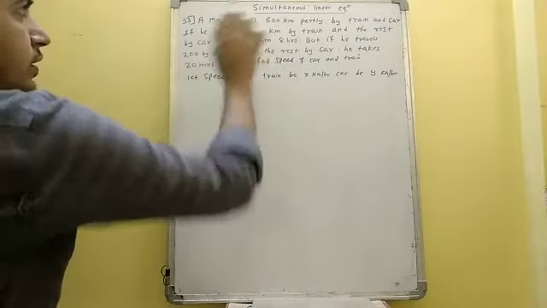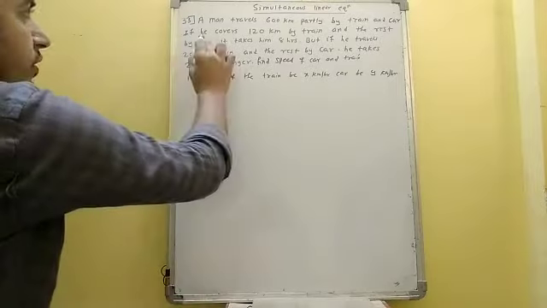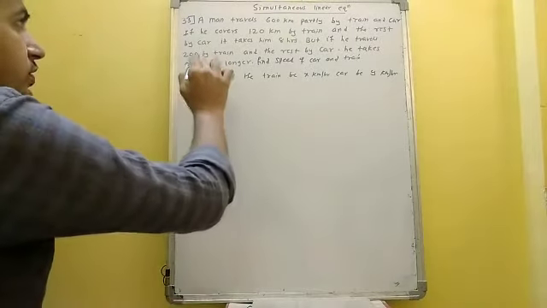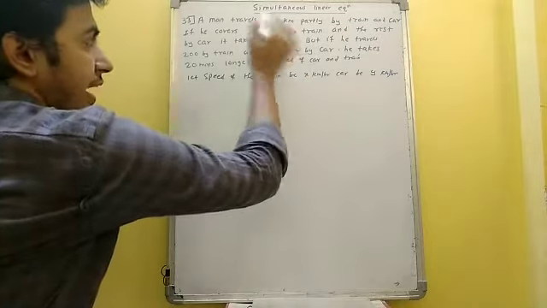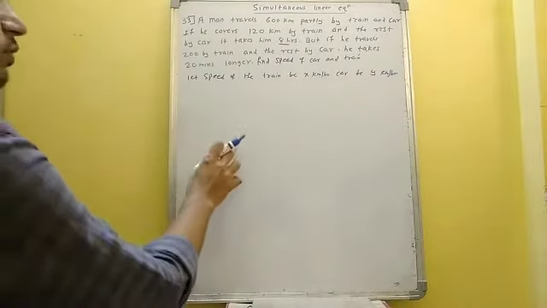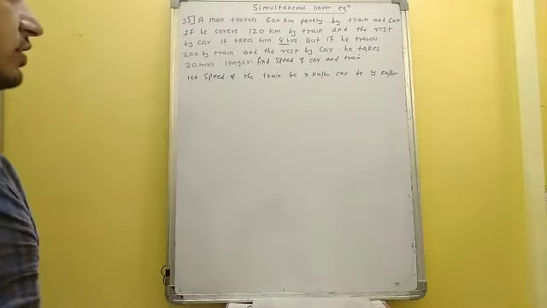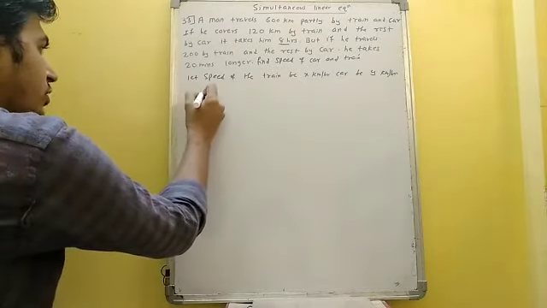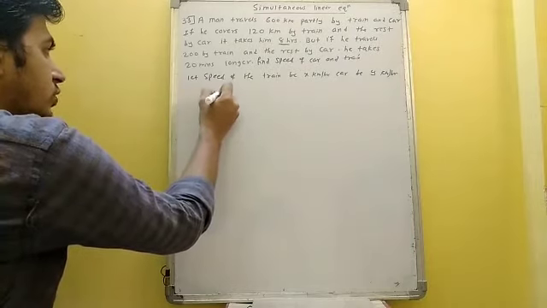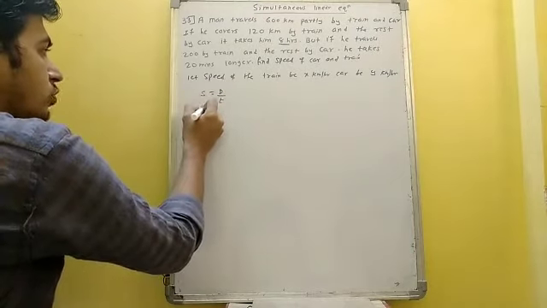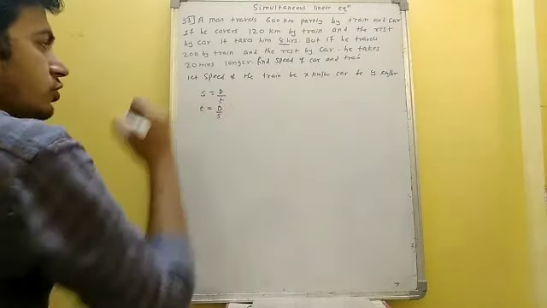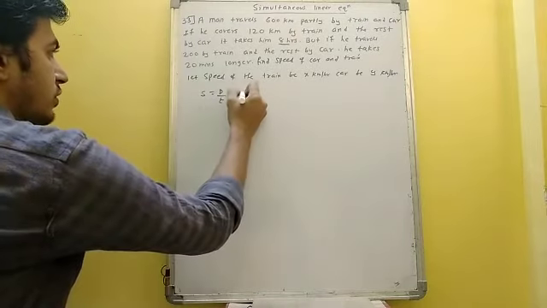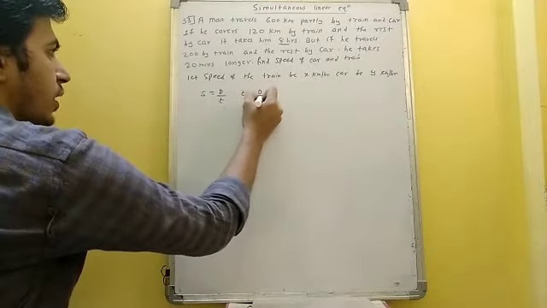Then he covers 120 kilometers by train; something which is given is time. This much distance, this much hours. So we need to have an equation which represents the time. We know that speed is equal to distance upon time, so time is equal to distance upon speed. Time is equal to distance upon speed.